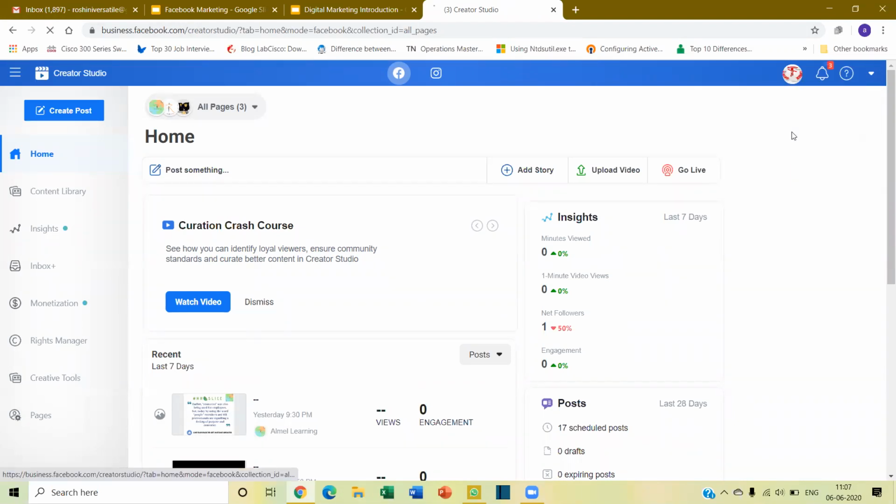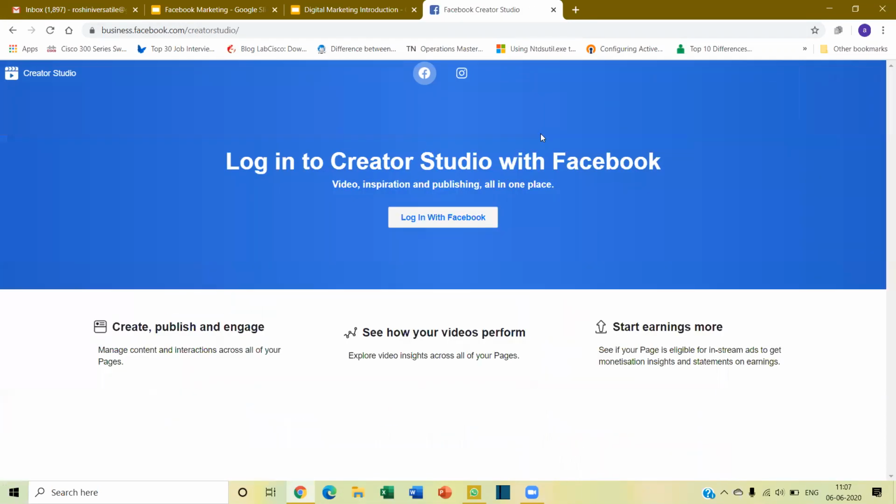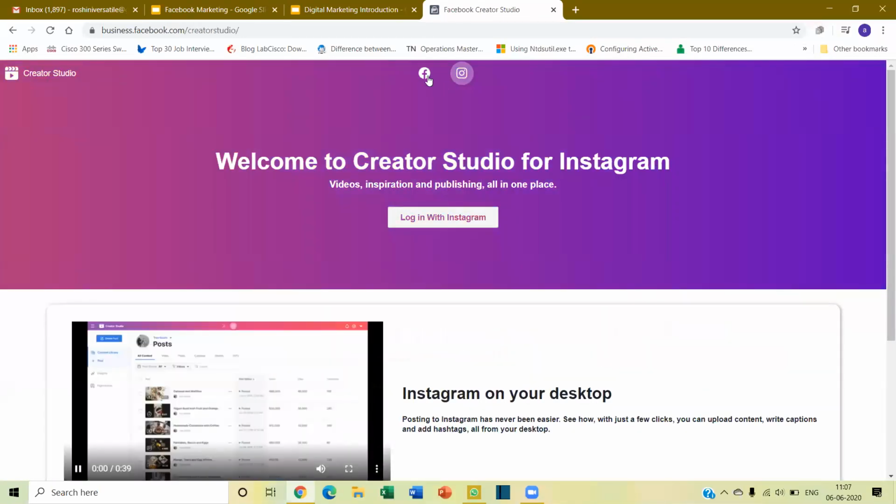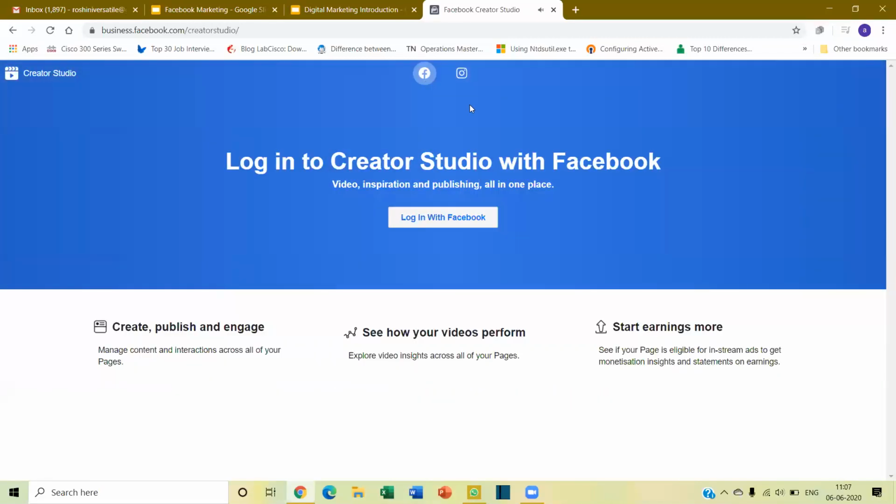So let me log out and show. Yes, this is how it will look. As you can see, there are two options here in the Creator Studio. One thing is you can schedule your post in Facebook, and also you can do it in Instagram simultaneously, and also you can read all the insights and all that.